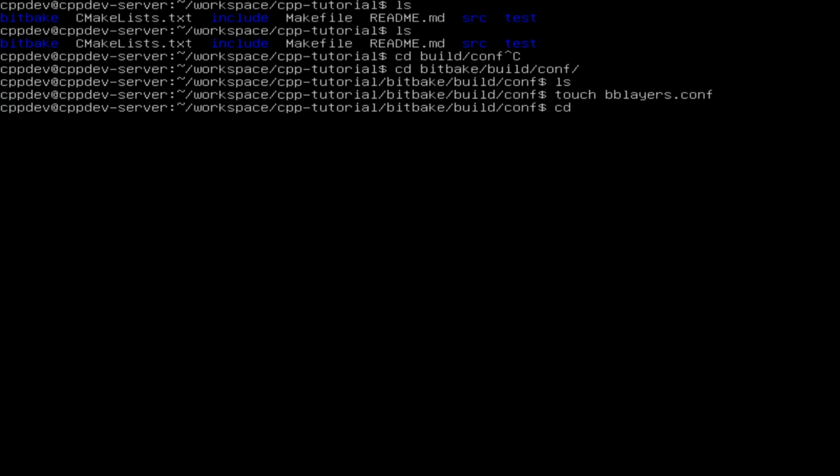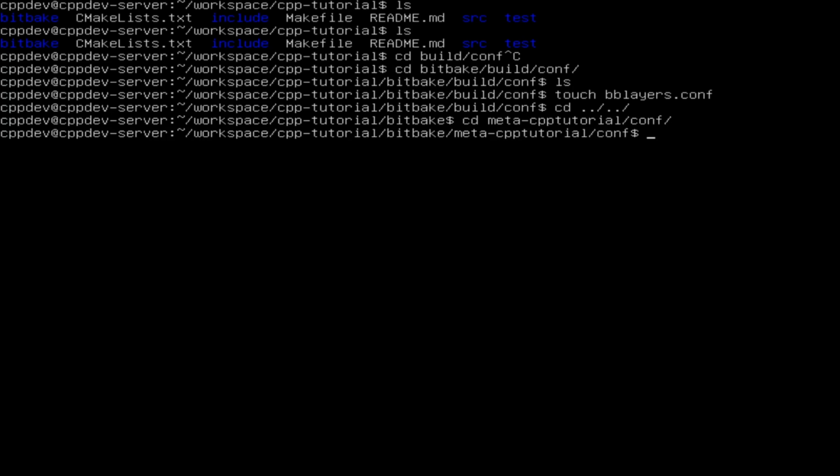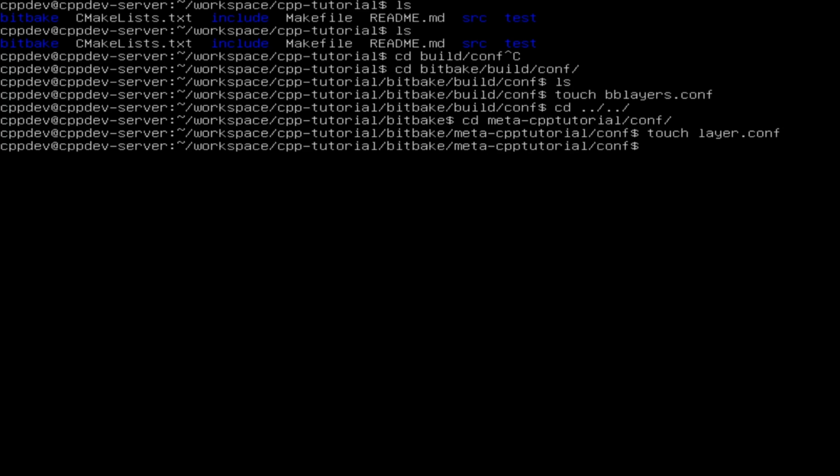For the meta-cpp-tutorial I am going to create the layer.conf, and we also need bitbake.conf here, and in classes we are going to use a base.bbclass.